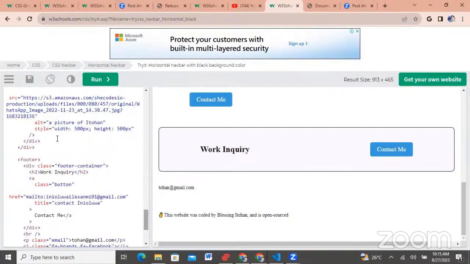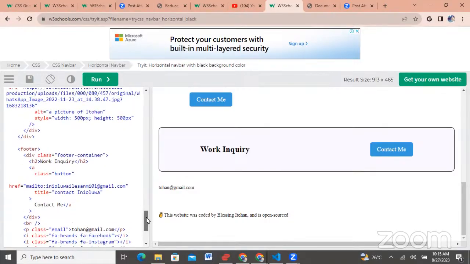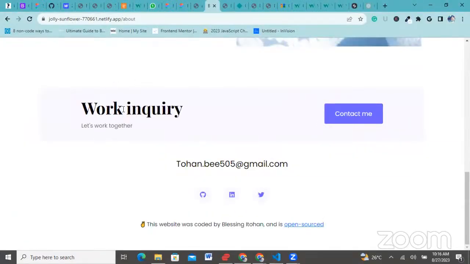So after we've done all of that with our about me, and we've kept the images and all of that. Okay, so this is the image and all of that. So the first thing you want to do is open an element for footer, because this entire space right here, let me go to the original, this entire space from work inquiry down to here is called a footer. All right, so you're going to put everything in that footer, so that, for instance, if I want to move my footer,